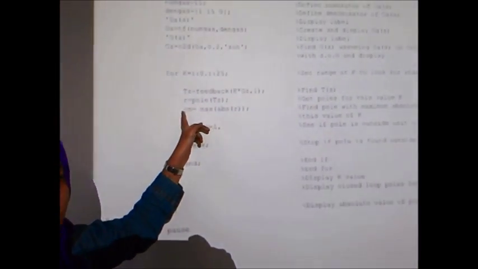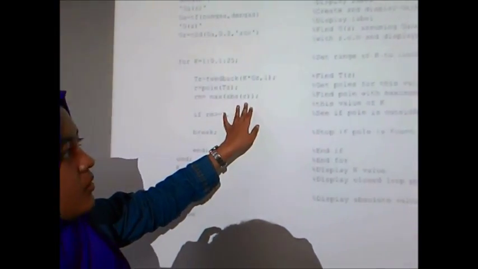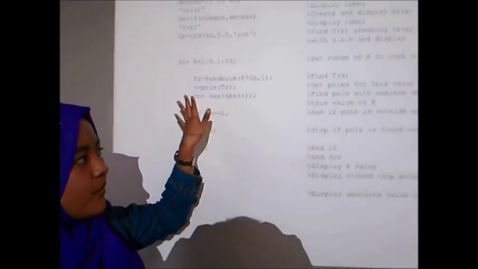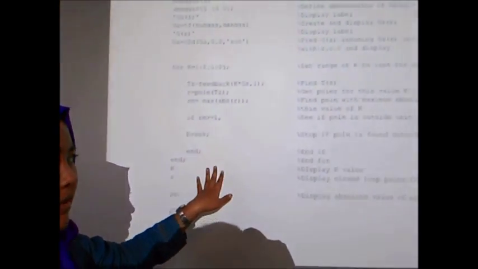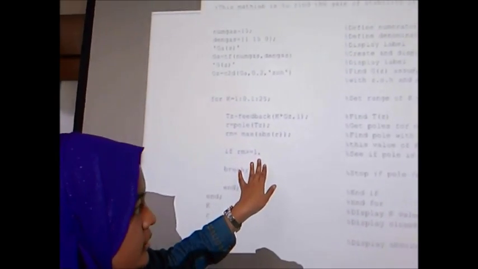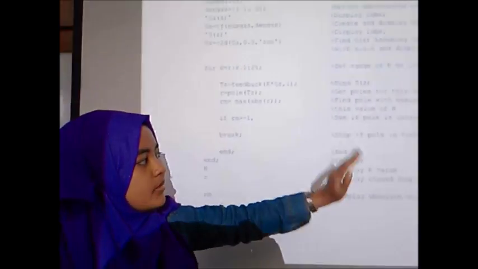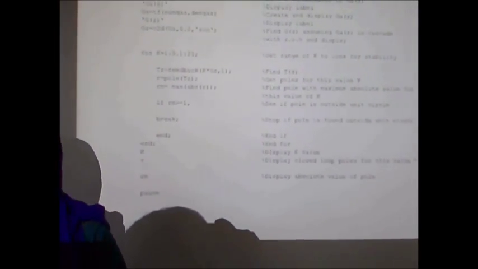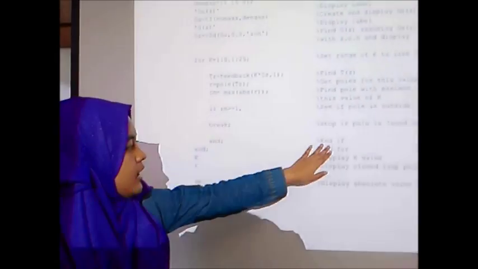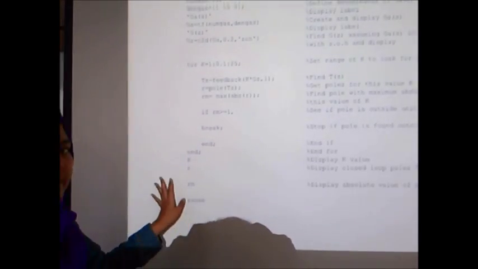From this we can get the poles for each value of K. And then Rm equal to max of abs(R), which is we find the pole with maximum magnitude for K. And then when Rm is greater than or equal to 1, which means the pole is outside or inside the circle, and then we break, which is to stop when the pole is found outside the circle, and then end if and end for, and then the value of K and R will display after